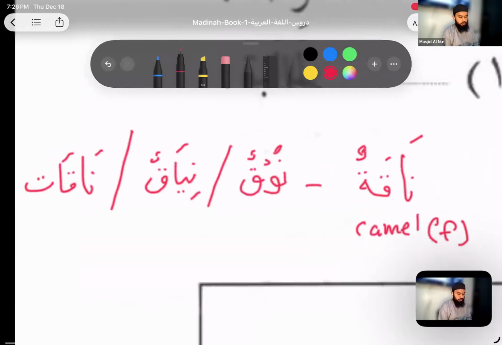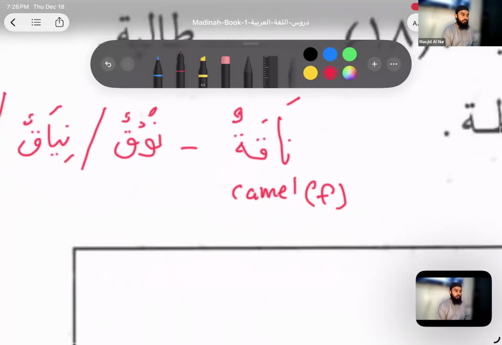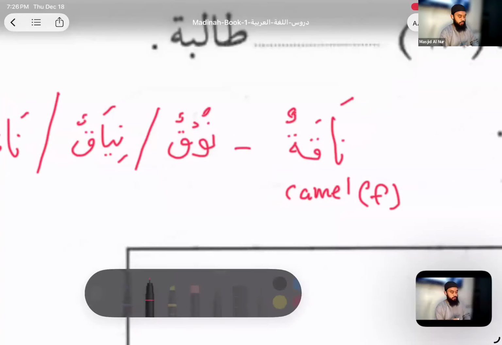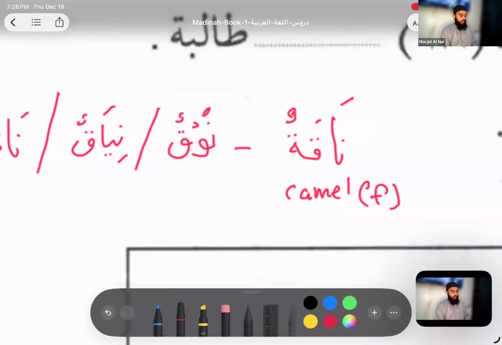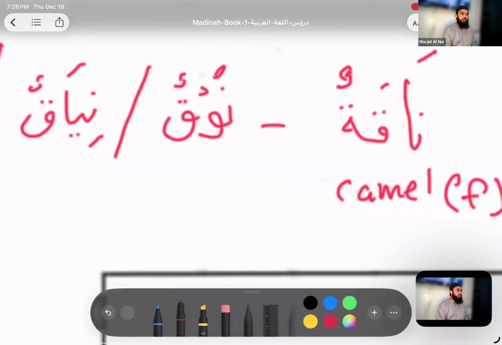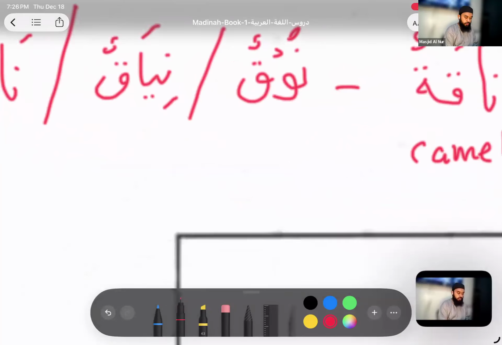And some of them were not pulling up in the Hans Wehr. Okay, so I'll help you guys find this in the Hans Wehr. Let's go. So naqatun, as I told you before, in order to find something in the Hans Wehr, we have to get used to it. I looked for some YouTube videos online on how to use it. Some of them are very intricate, and it's just going to confuse you even more. With the limited knowledge that we have right now, just follow my steps. So naqatun, you want to put it under the scale and pattern of fa'ala.